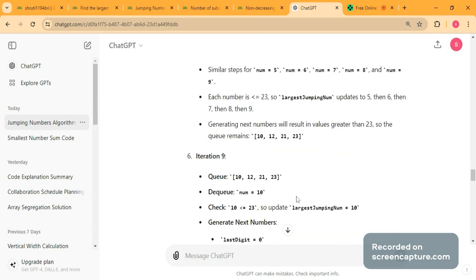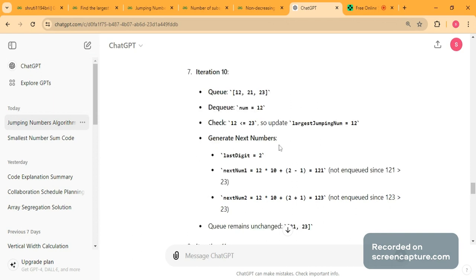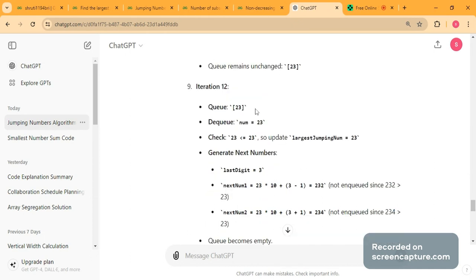Then we will keep iterating the same thing, and after some time we will reach the point where we will be working on number 23. We dequeued it and got the number 23. Then we checked if 23 is less than or equal to 23. Yes, it is, so we updated the largest number to be 23.